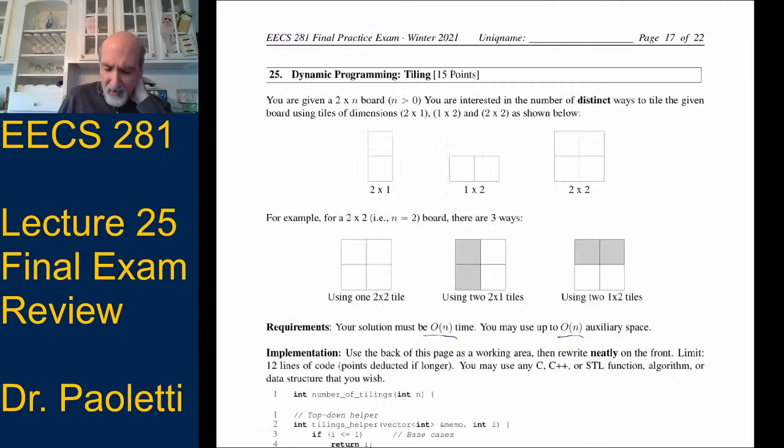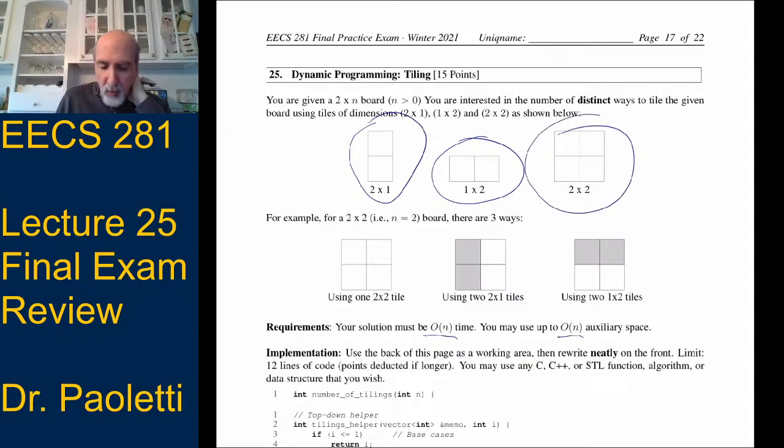And remember, I forgot to point out on here, these are the 3 types of pieces you're allowed to use. You're allowed to use a vertical one, and you can put them next to each other. You can do horizontal ones, and you can stack them on top of each other, etc. And then there's a 2 by 2 block. We didn't do custom shadings on here, but assume you can tell these apart.